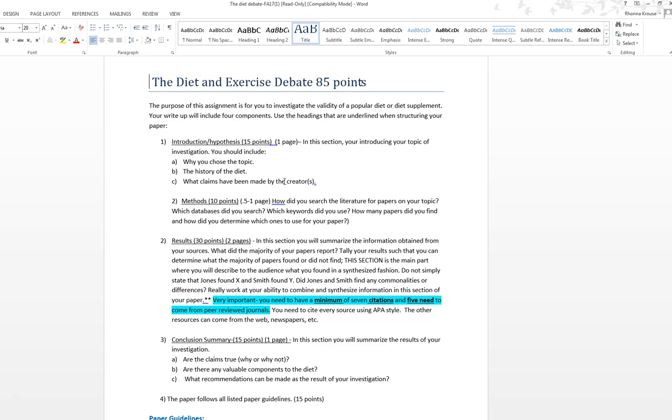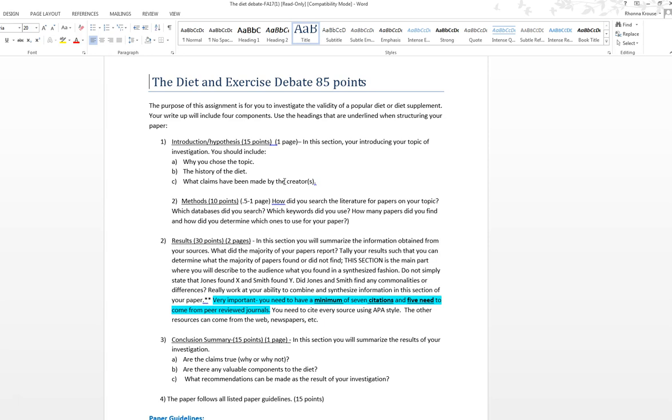The next section is the methods section, where we begin to write in the third person. You might be wondering, how do you talk about what you're doing but write it in the third person? The easiest way to do it is to start by writing in the first person. You could write this whole section in the first person and then transfer it over. For example, you may want to say, I began doing research at the MyCWR library. The other way to say that would be, research began utilizing the MyCWR library. So one of the easiest things really is just to write it in first person and transfer it over.